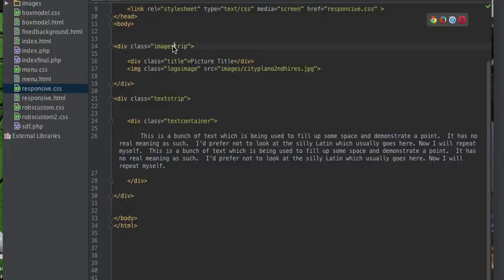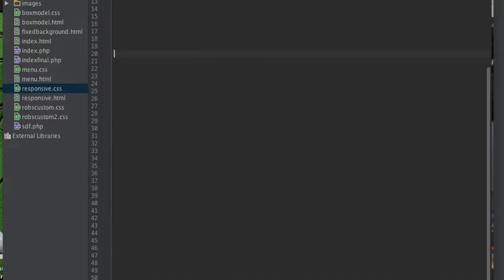But okay, so here I have this image strip. I want it to go all the way across the page. And here I have a text strip. I want it to go all the way across the page. And I want this to be able to work on phones and tablets, etc. So here, with the image strip,